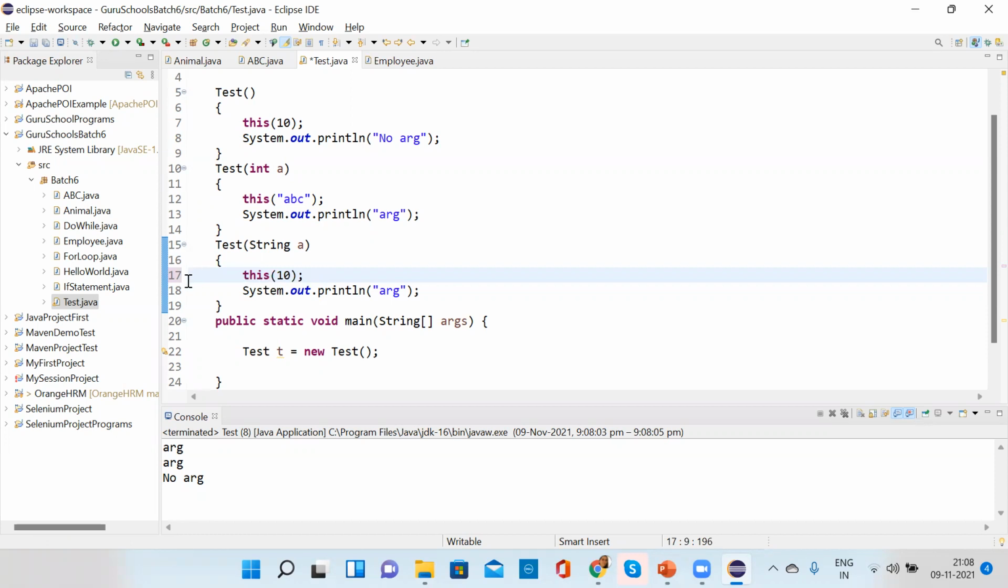I think we can call each method or each constructor only once. No, that is not it. If I give no argument, then also it's working. This is no argument, right? The no-argument constructor is already invoked while creating an object, right? No, that doesn't matter. If I comment this, it is working, right? So I can create any number of